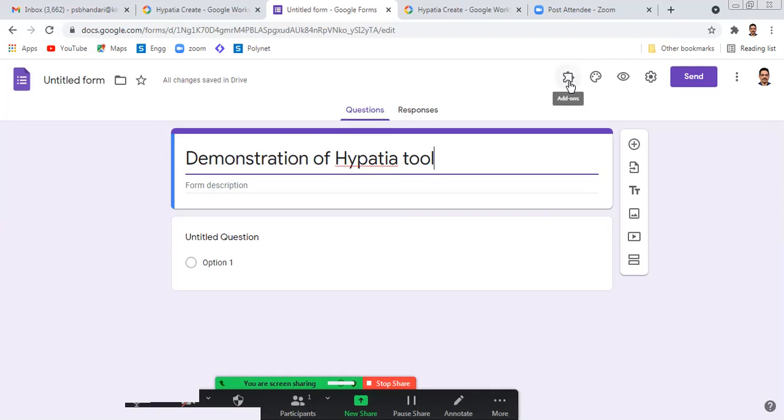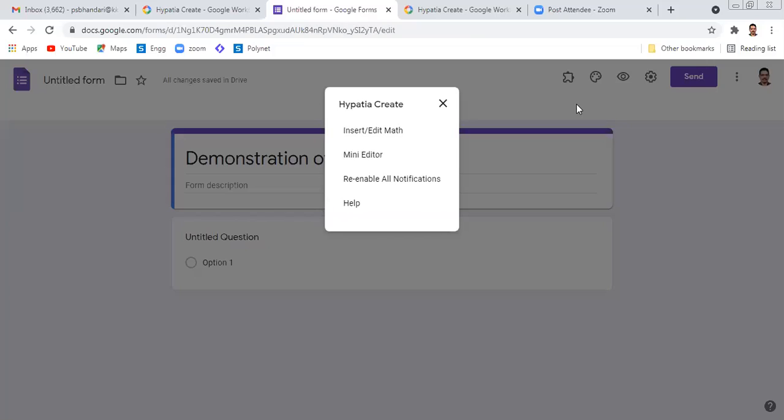If you have already installed an add-on, just by clicking, it will display what is added, and that can be incorporated into a Google Form. So now I'm going to click on this add-on tool. After clicking, it shows that Hypatia Create is an add-on tool I have installed. So I'll click on it.